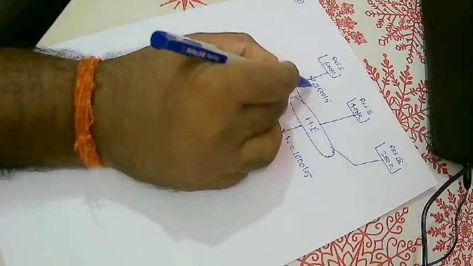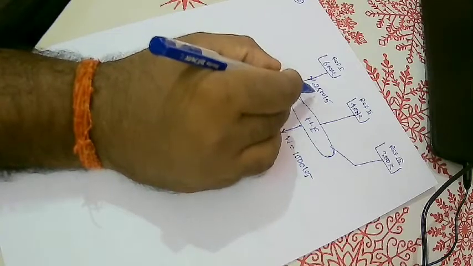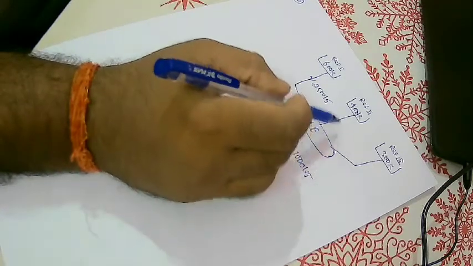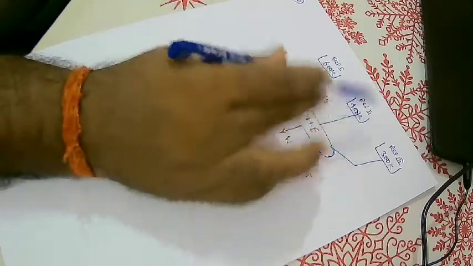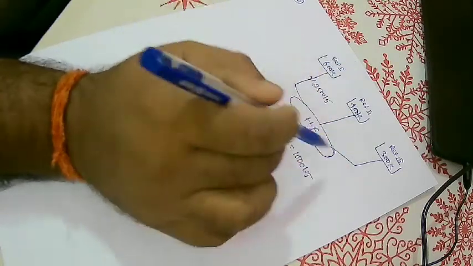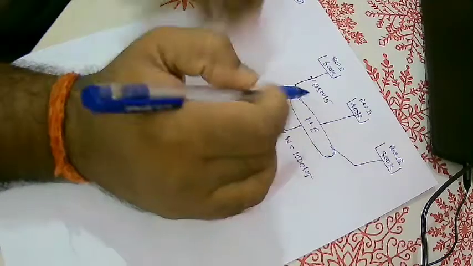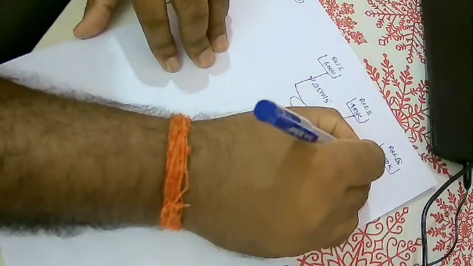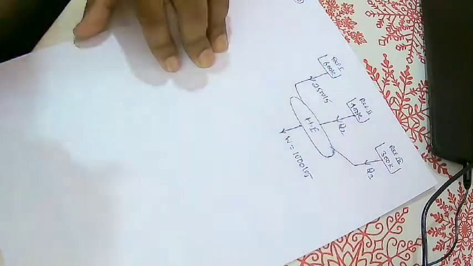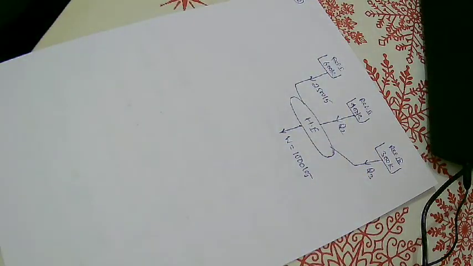Only this is given, right? Heat from one reservoir is given and it is asking for the heat from the remaining two reservoirs. That's the thing. So this is the given data and we need to start solving to find this. Let's suppose the heat transfer from reservoir 2 is Q2 and from reservoir 3 it is Q3, assumed. We still don't know whether heat is rejected. Finally we'll come to know that one of Q2 and Q3 will definitely be negative, that is heat rejected. Then only the cycle will be possible.